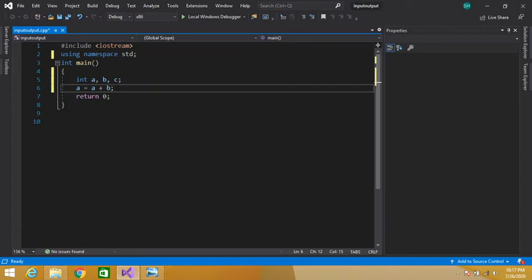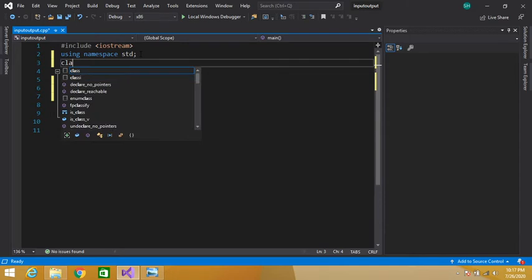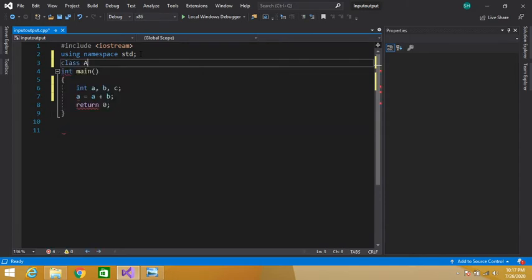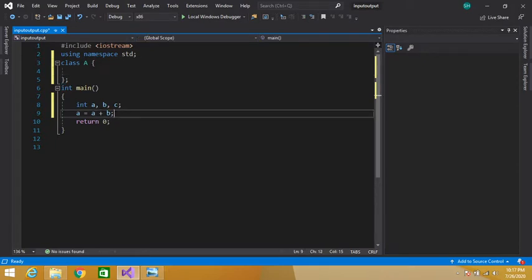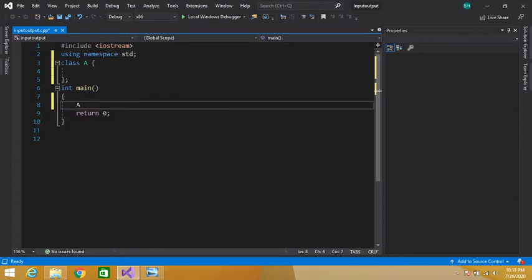But what if they are objects of a class? Let's define a class here, and let's create the objects of our class a, b, c.